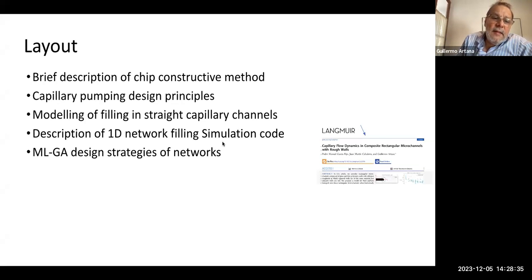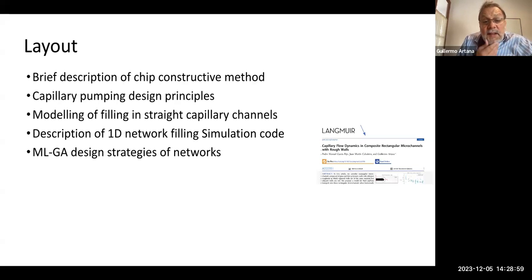I will explain a little bit of capillary pumping design. I will show some modeling of filling stacked capillary channels, a description of a code that can be used by anyone for this kind of device, and then how we proceed to have